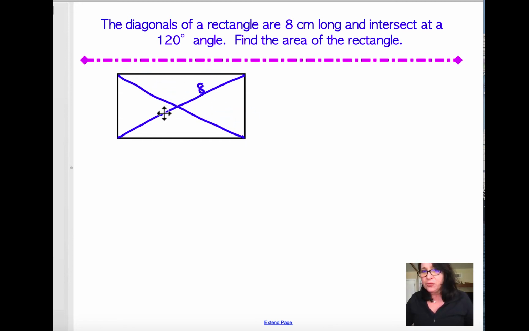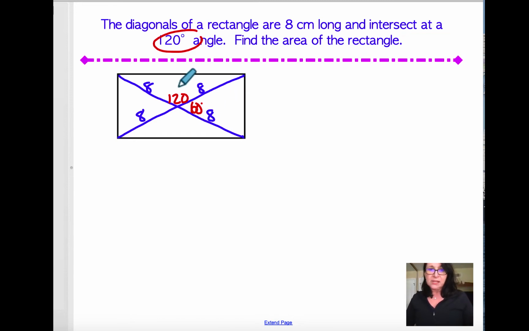So these values are 8, 8, 8, and 8. Additionally, it says that the diagonals intersect at a 120-degree angle. That's cool because that makes that 120 degrees on both sides, up and down, which then makes this angle over here, because that is aligned, 60 degrees. This is not a right triangle though,